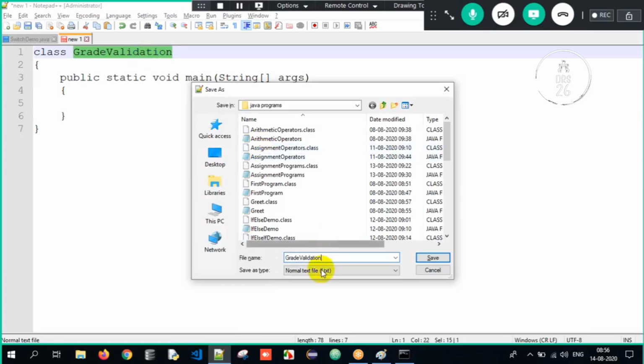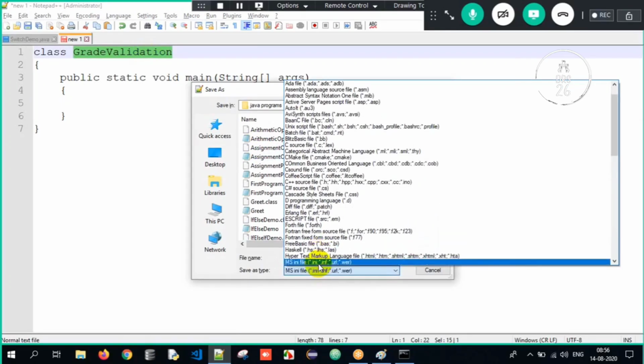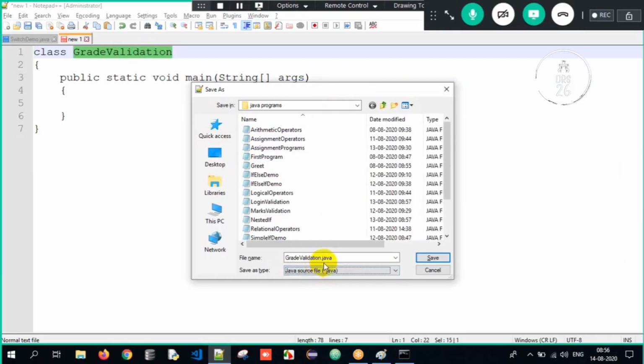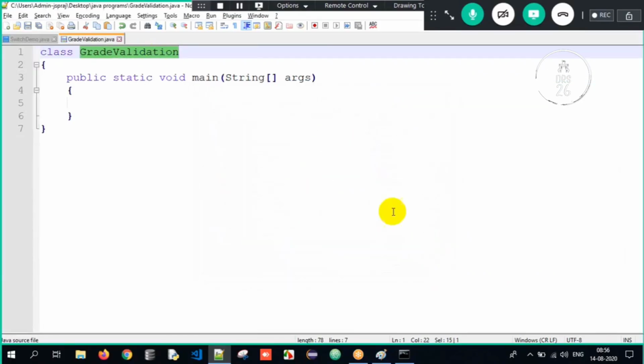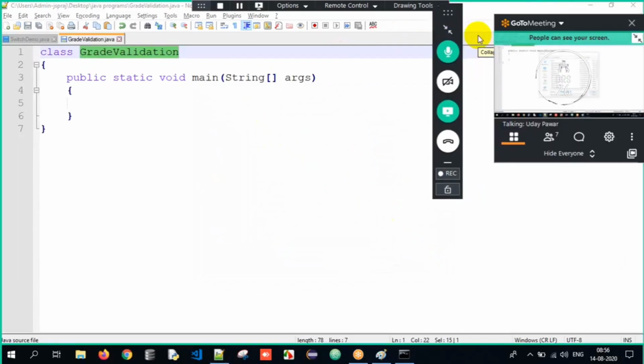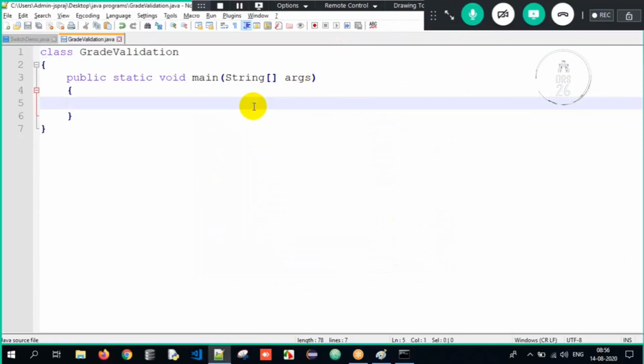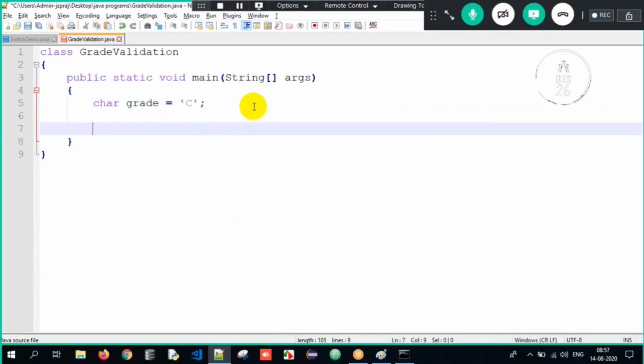GradeValidation, class name, file name, and save as Java source file. You have to scroll and automatically the extension will be taken. Clear? So we have successfully done this entire process here. Great. So we have saved that entire program. Now I will take a variable. The variable is char. I'll take the variable name as grade equals to, I give it as C grade. What is the grade here? C grade. Now here I will write switch, open parenthesis, close,